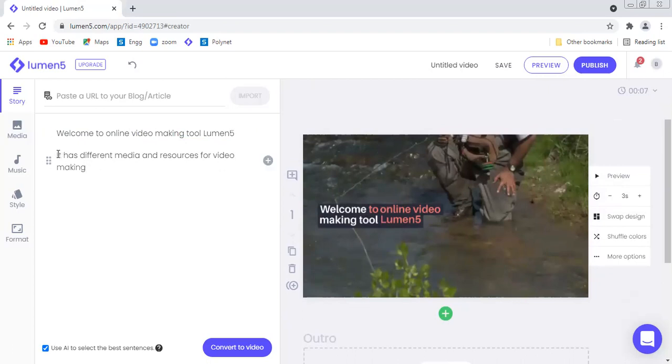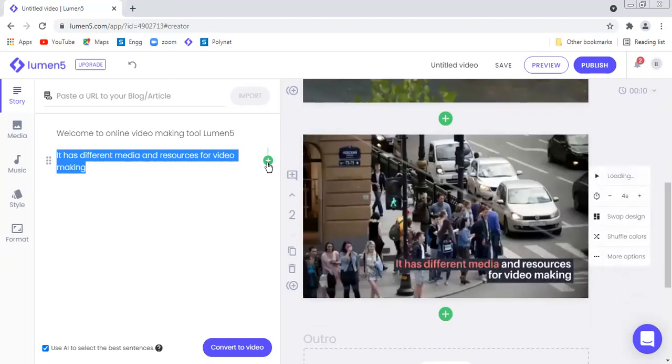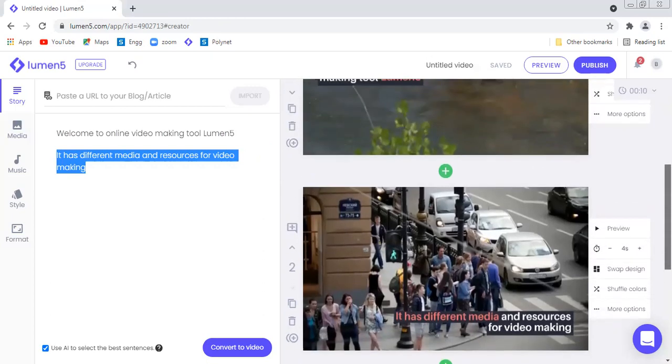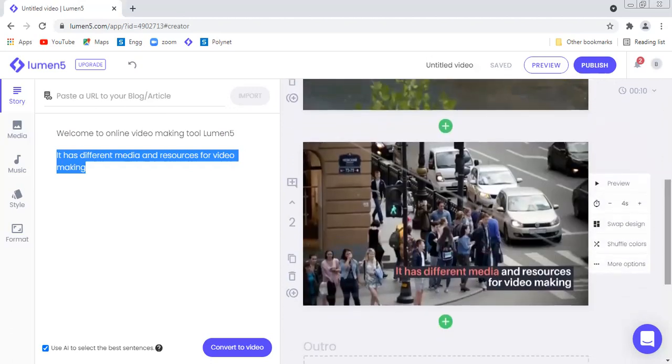What I can do is select this second statement in the script and click on this plus sign. Immediately this story point will appear on the second slide, and it will select a certain image. It may or may not be appropriate, but as per some keywords, it will try to select the image, right?